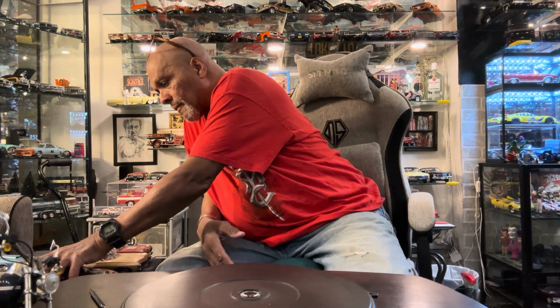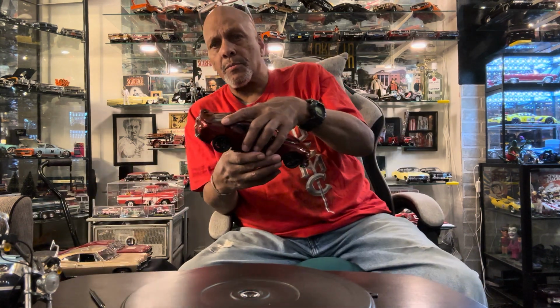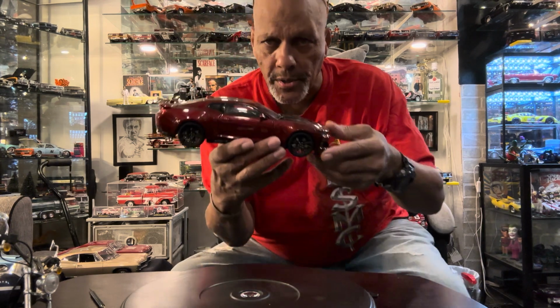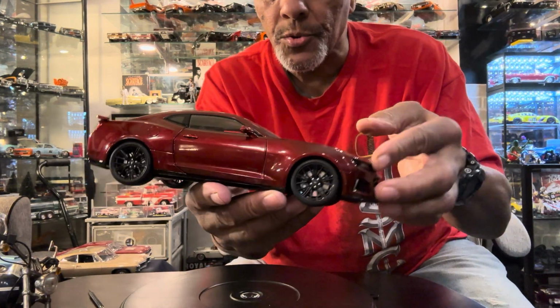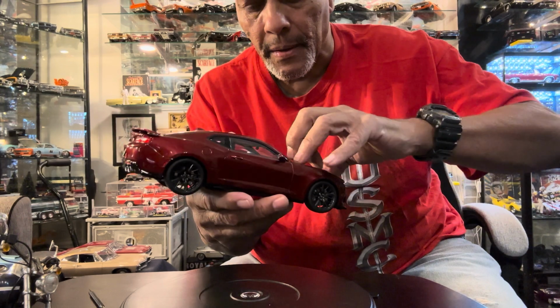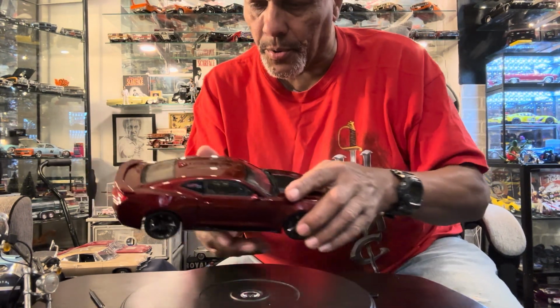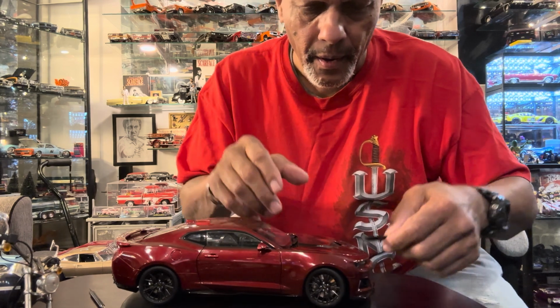And now that we're getting into resin cars, this one's a $200 car. Now, this is a beautiful car. It's got photo etch radiator grill and air conditioning condenser up here. I've showed this before. It's got fabulous wheels on it. It's got carbon fiber hood,